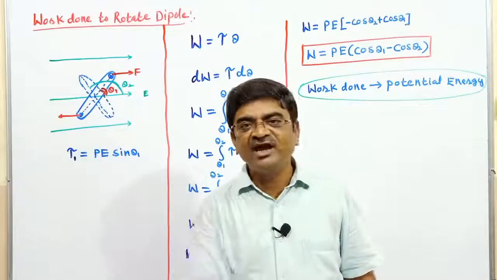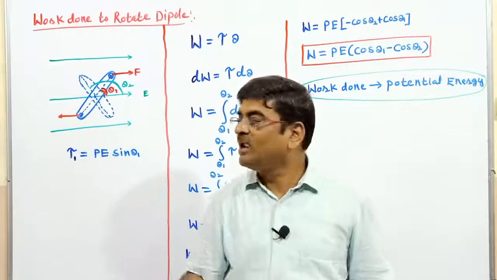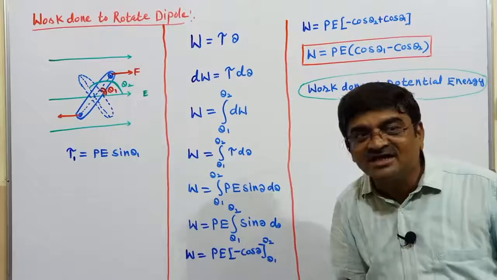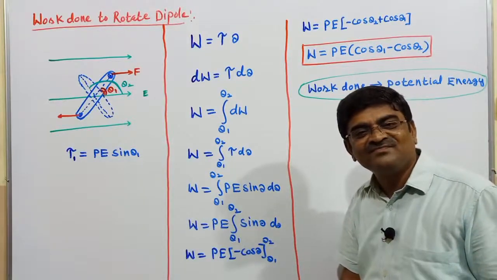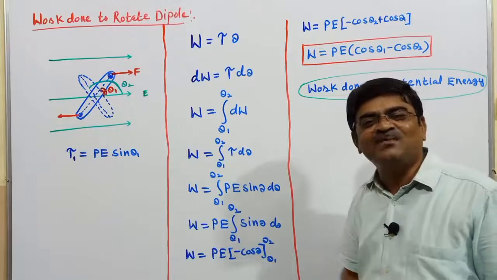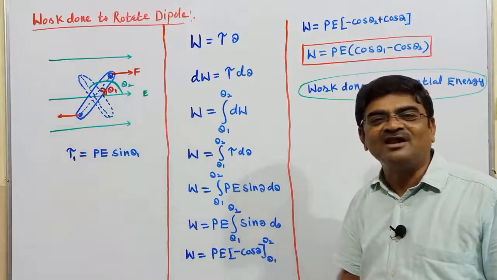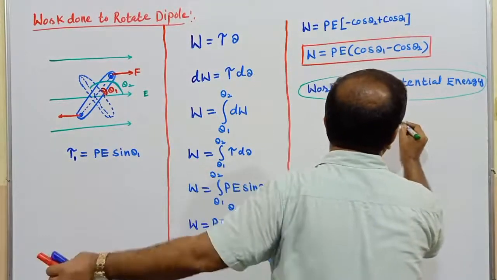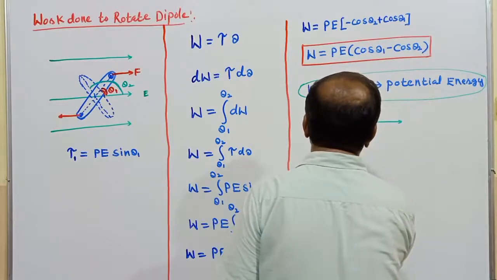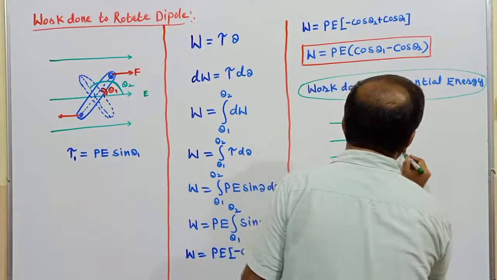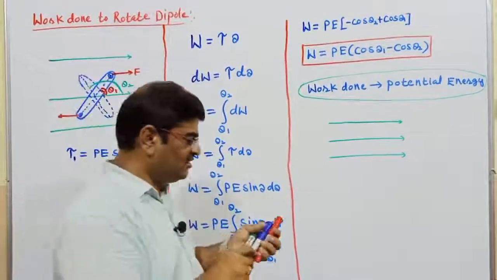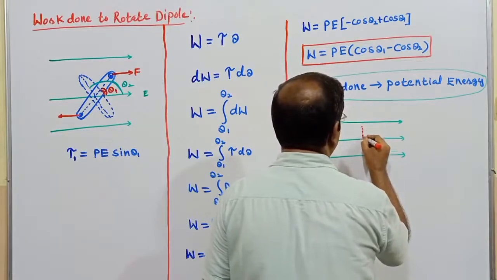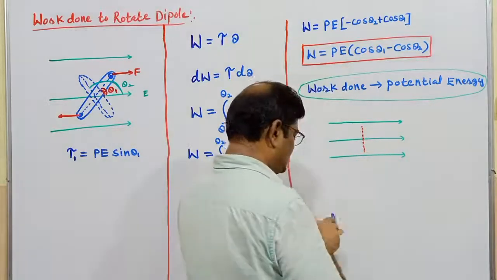Same way, when I talk about the potential energy of the dipole, which is in fact the work done that gets stored as potential energy, then while measuring the potential energy of the dipole we decide a reference level. I have this electric field, which I have already shown. Once again I visualize it here. See here, this is my electric field, and in that electric field this is my dipole, which I am trying to show.